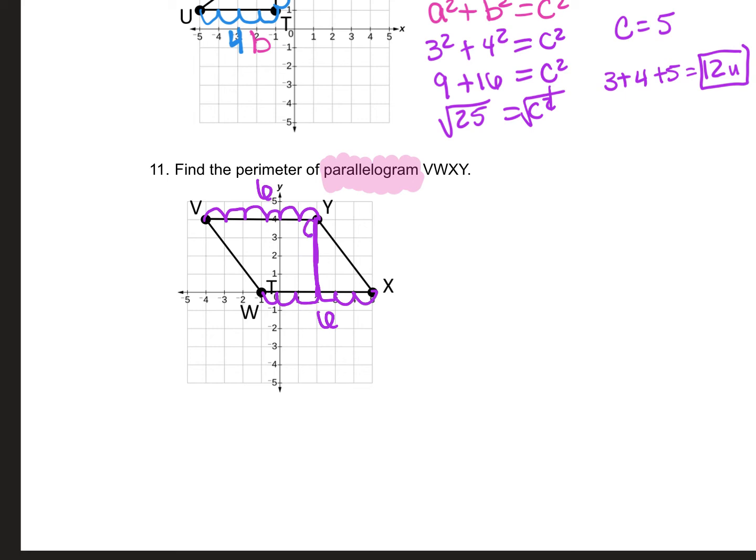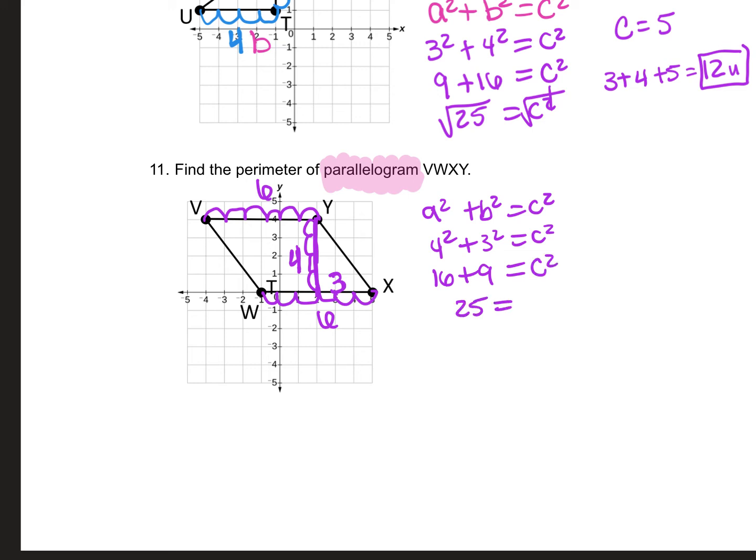All right, so 1, 2, 3, 4. We are left with a 4 here. And then now this side becomes a 3. And so now I'm left with a squared plus b squared equals c squared. And so I get that 4 squared plus 3 squared equals c squared still. And so 4 squared is going to be 16 plus 9 equals c squared. So we get 25 equals c squared, square root it to cancel out the squared, and I get that c